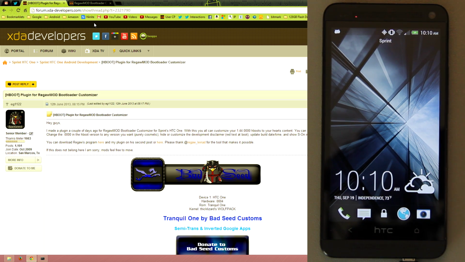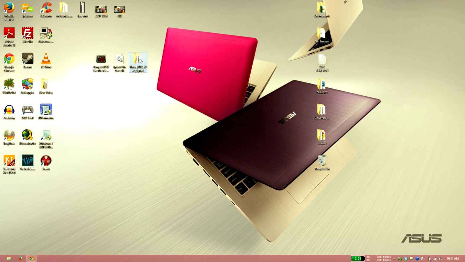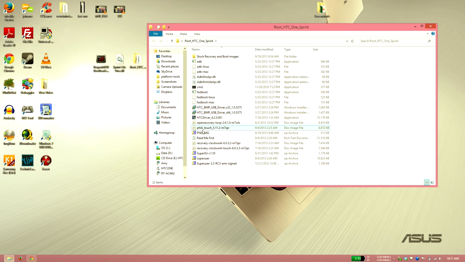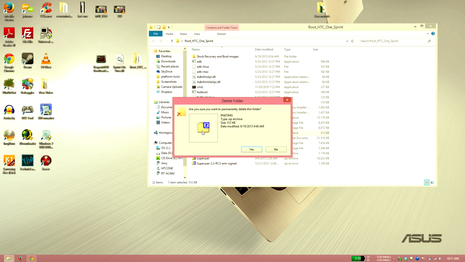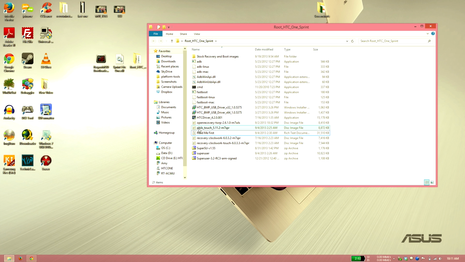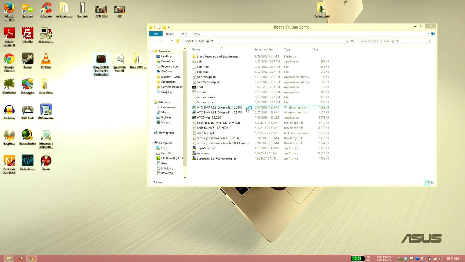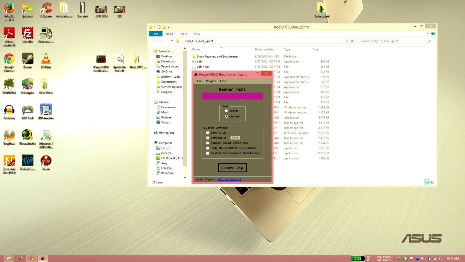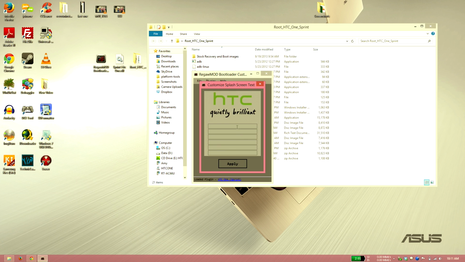I'll be right back. Okay, so before I forget, in that root HTC One folder, you can go ahead and delete this. I hold shift and press delete at the same time, and then it doesn't put it in the recycle bin. So to change this, I'm going to go ahead and choose, of course, my username. I'm going to do version. I'm going to go back to LEET1337. And then for the custom development disclaimer, I'm going to go